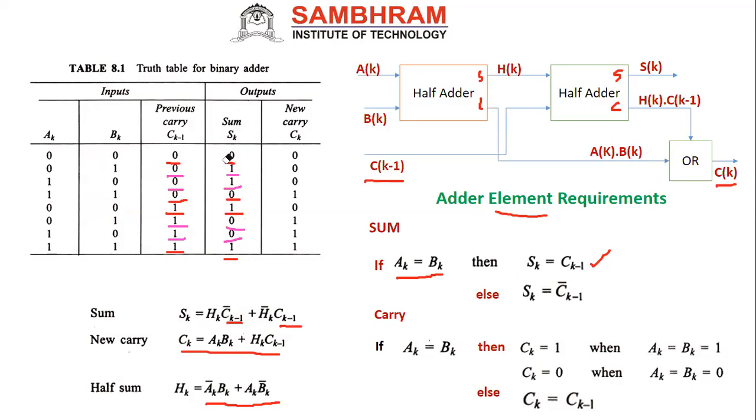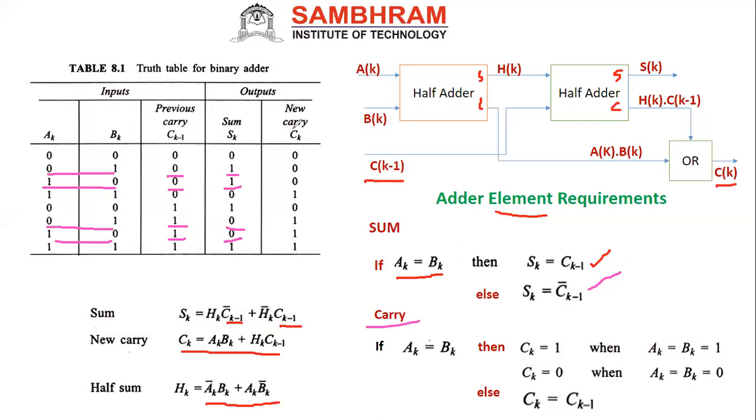Let me go for that condition. Yes. So now equal condition is this, correct? 1, 0, 0, 1, 0. Yes. Now you see what happened? SK is equal to CK minus 1 bar actually. 0 bar 1, next 0 bar 1, 1 bar 0, 1 bar 0. So I got SK is equal to CK minus 1 bar. This is for sum actually, added elements.